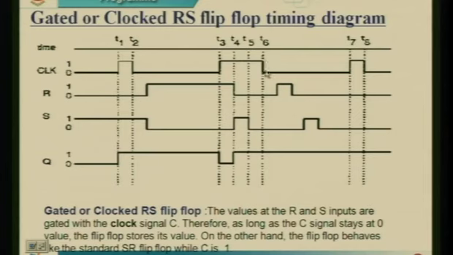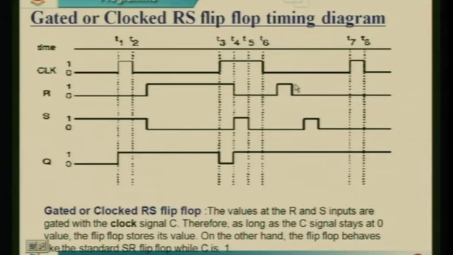Next clock is high, you can see the condition over that period of clock signal, R is high and S is low. When R is high, S is low, my output is in reset condition. So, my output is reset now. Similarly, whenever the clock signal is high, your flip flop responds to the inputs and you will get a particular output, either set, reset or no change condition.